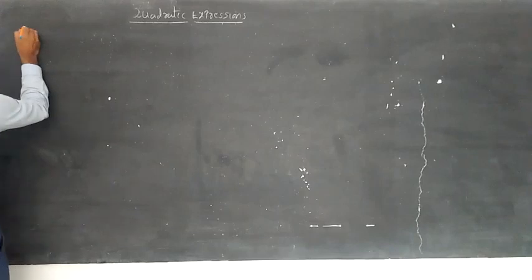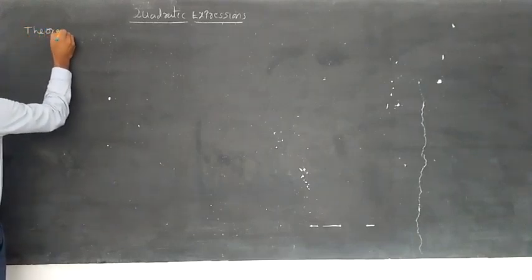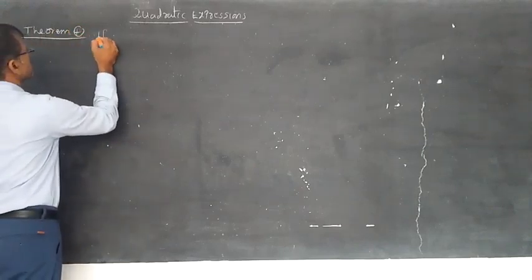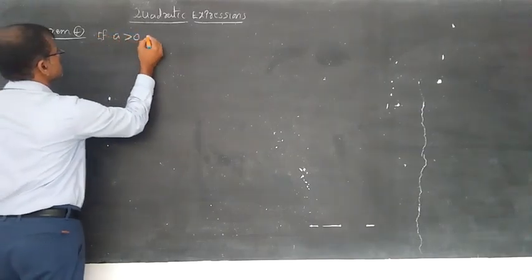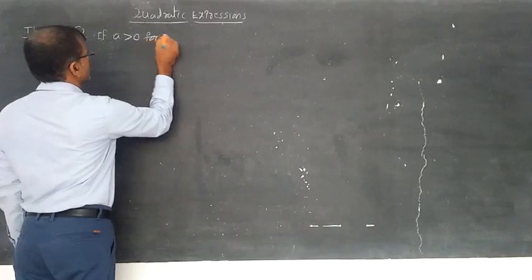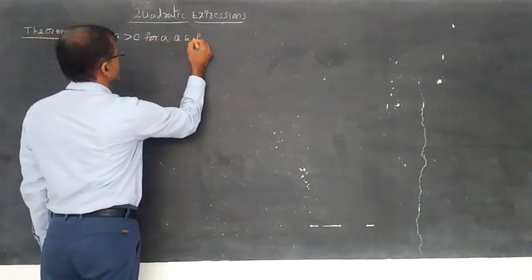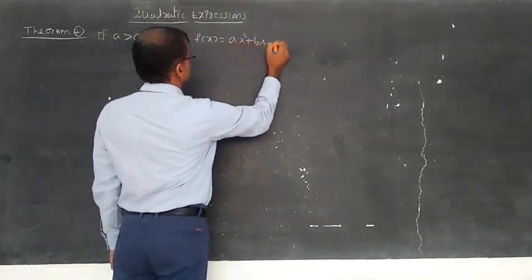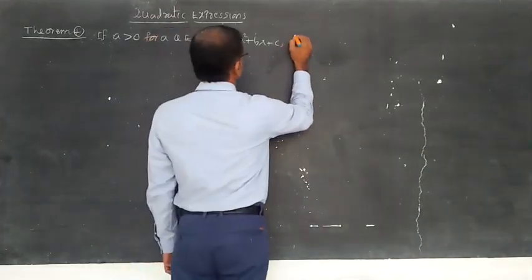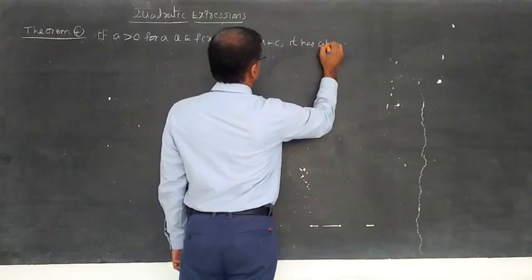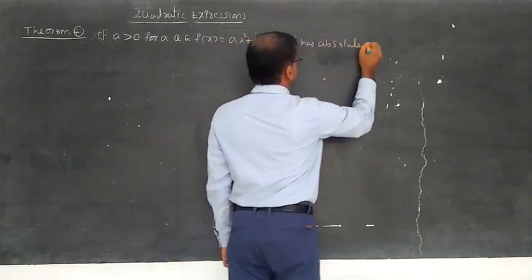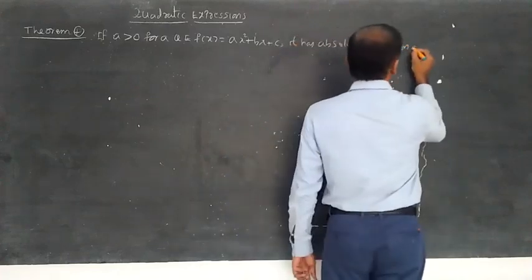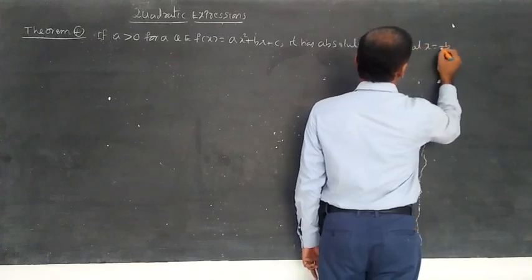Let us discuss Theorem 4. If a is greater than 0, for a quadratic expression f of x is equal to ax square plus bx plus c, it has an absolute minimum at x is equal to minus b by 2a,